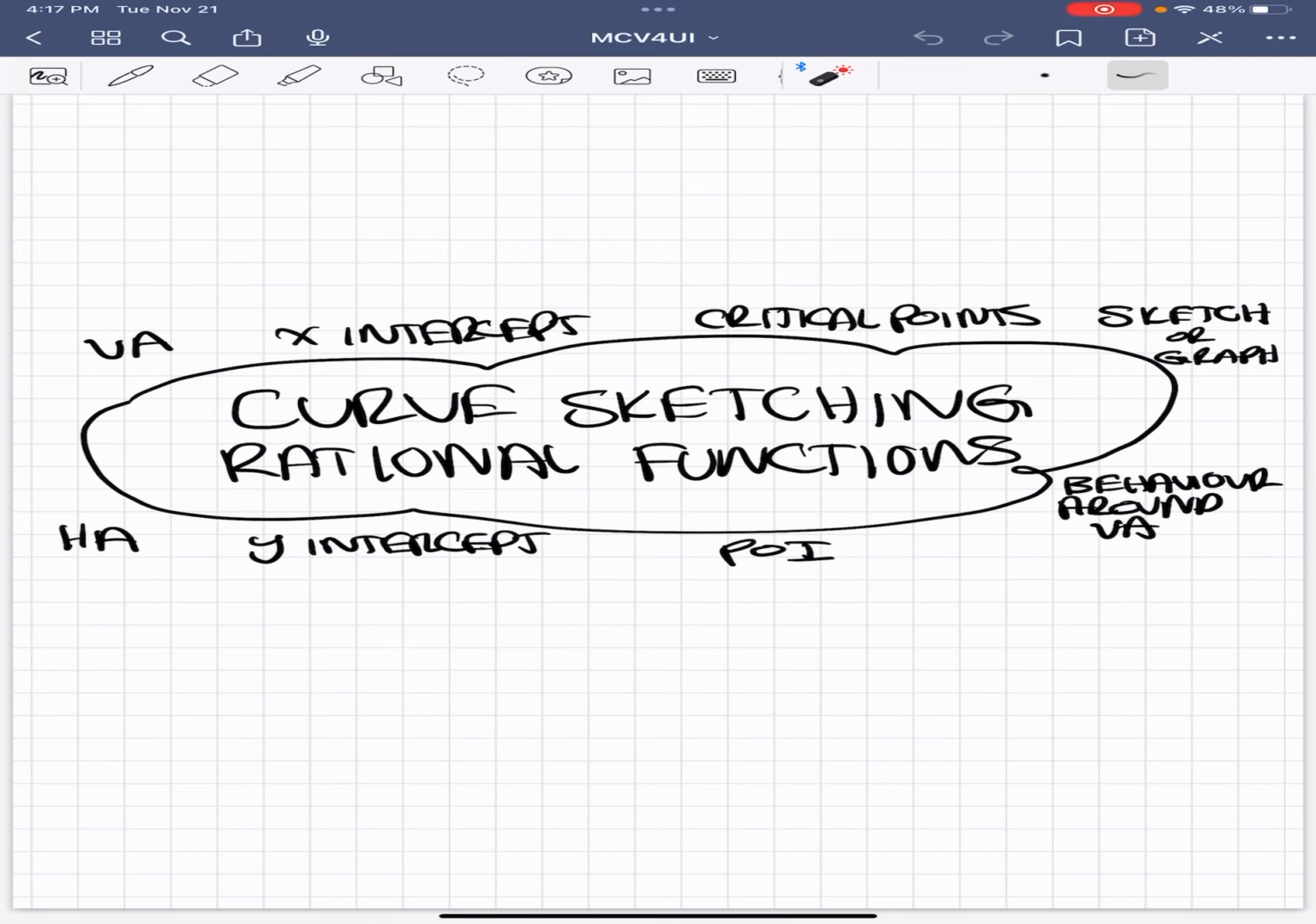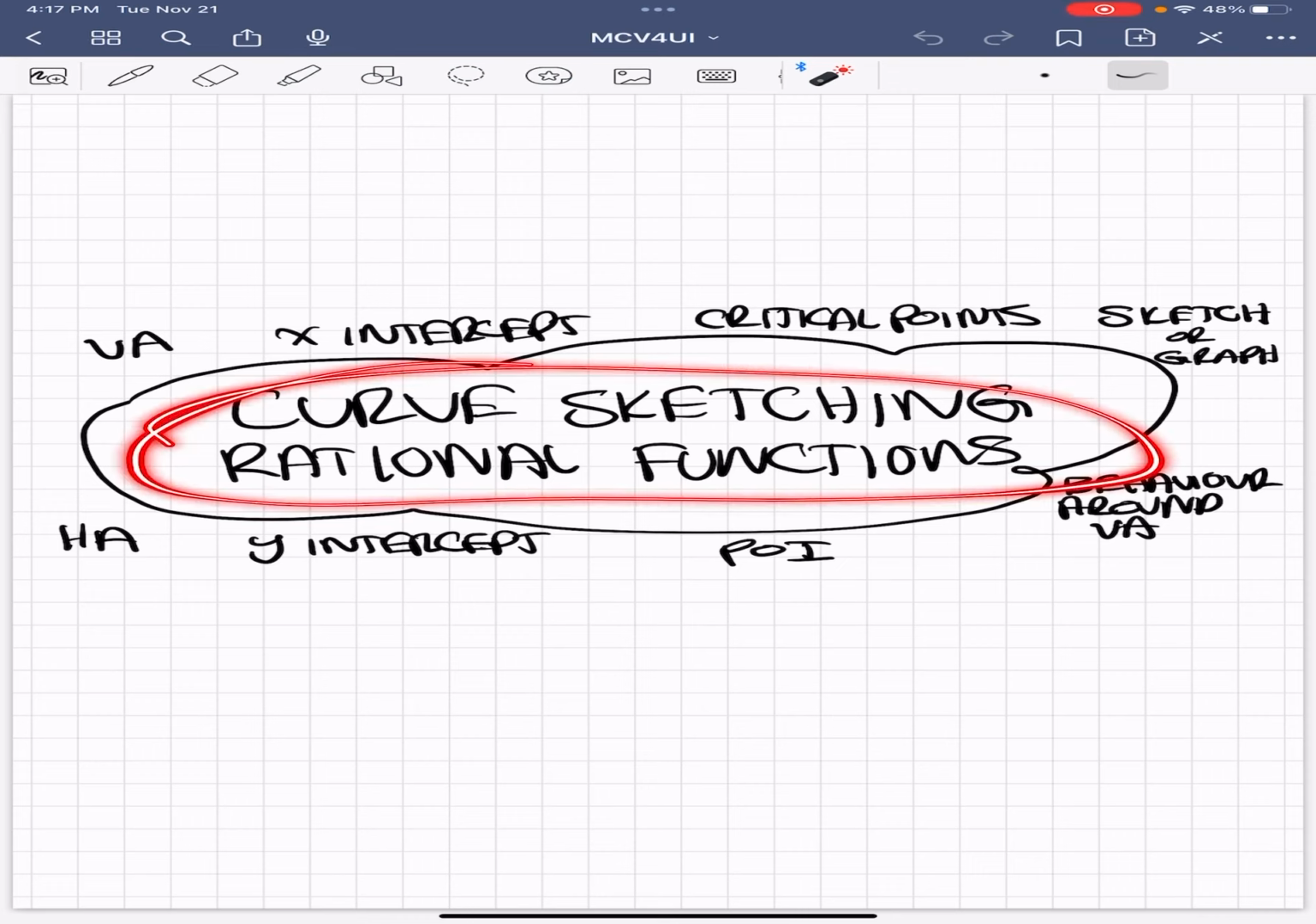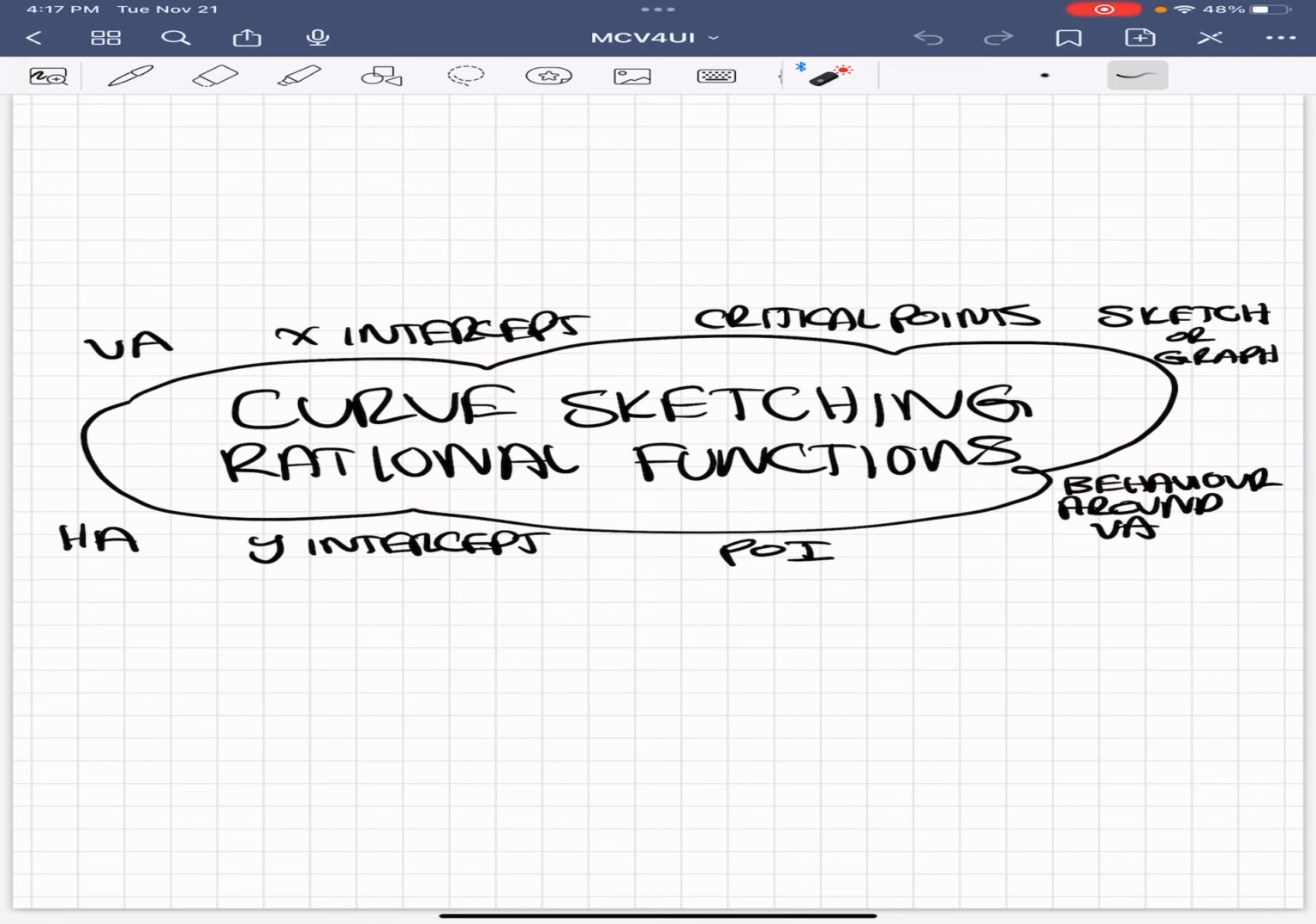Today we're going to be doing curve sketching rational functions. So we're going to be taking a look at how to solve for the VA, the HA, the x-intercept, the y-intercept, the critical points, the POI, the behavior around the VA, and the sketch or graph. So it's going to be a lot of talking, but it's information that you'll need to learn before curve sketching